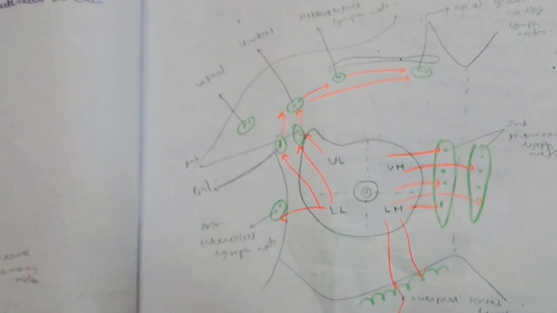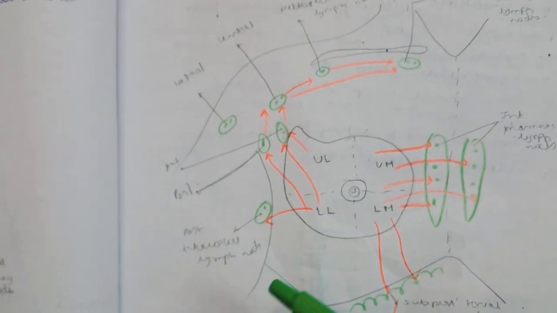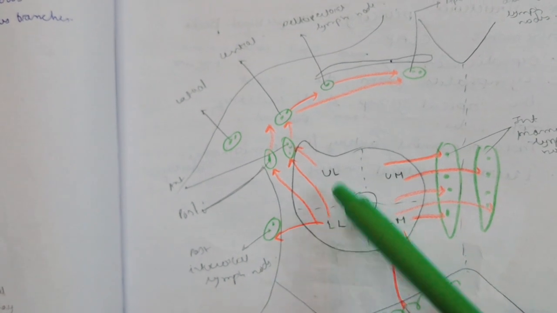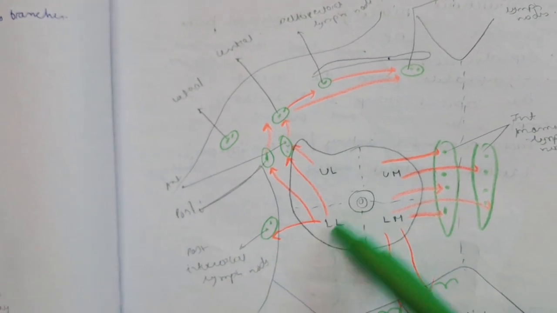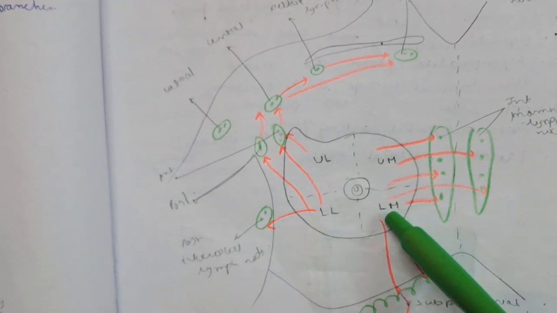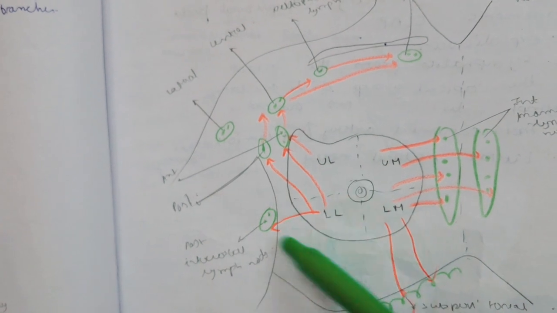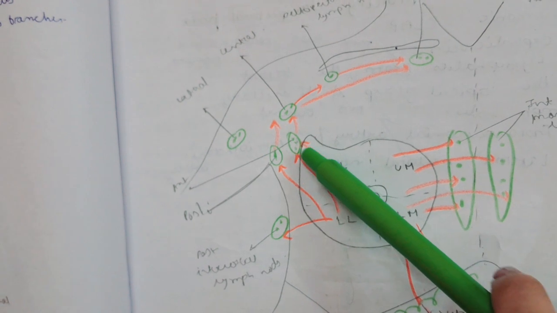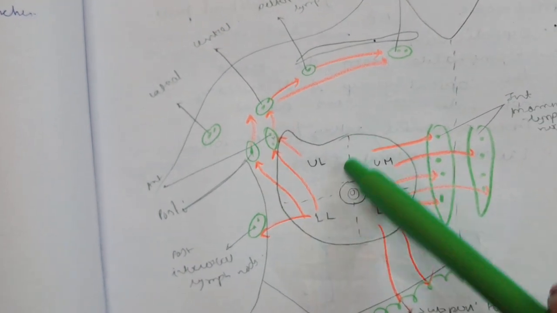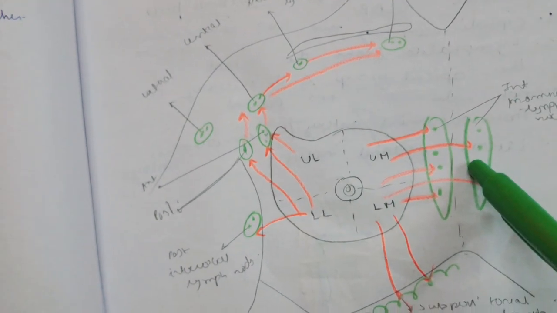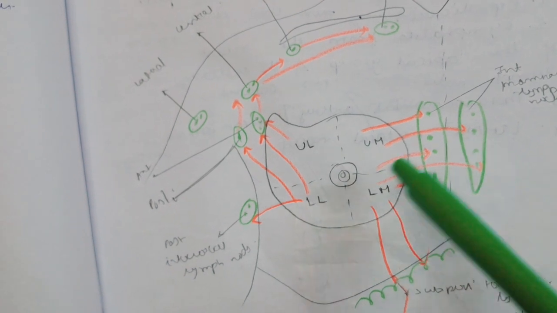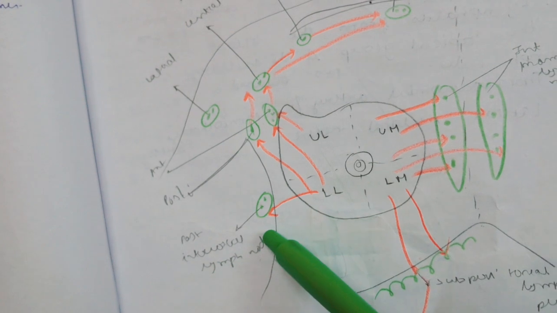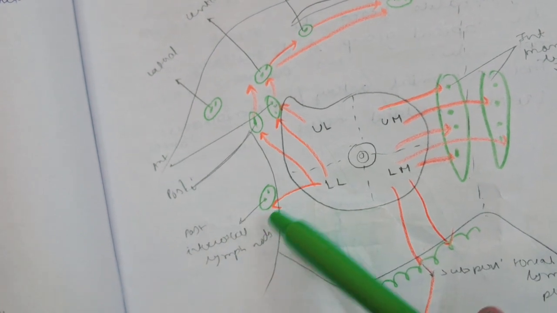To understand this lymphatic drainage, we mainly need to learn this diagram, where the breast is divided into upper lateral quadrant, lower lateral quadrant, upper medial quadrant and lower medial quadrant. Lateral quadrants mainly drain into the anterior axillary group of lymph nodes, and the medial quadrants drain into internal mammary lymph nodes. A few lymph vessels from the lower lateral quadrant drain into posterior intercostal lymph nodes, and a few